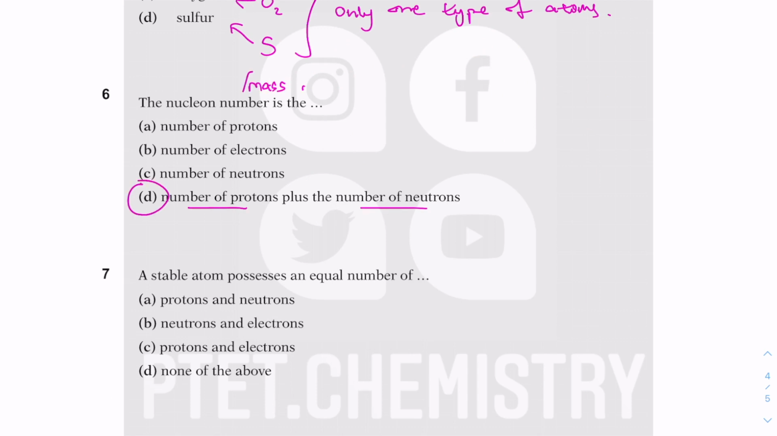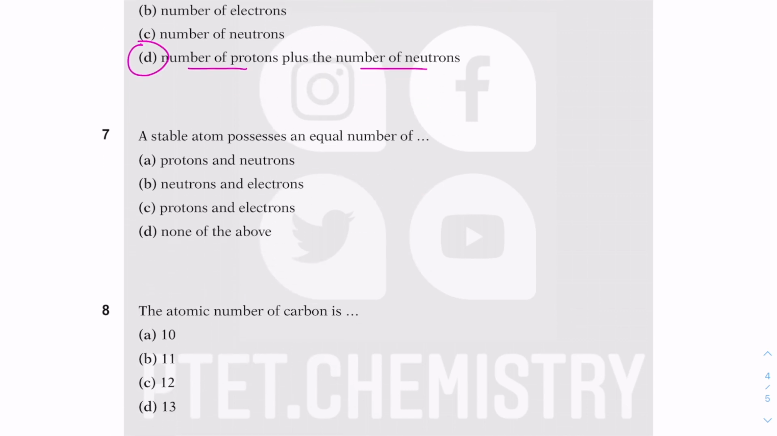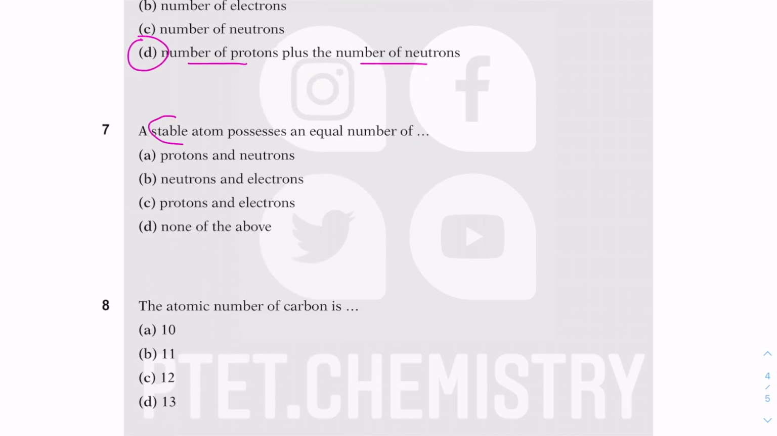It's also known as the mass number. So you add up the number of protons and number of neutrons. A stable atom, meaning not radioactive. Radioactive element. Radioactive means unstable nucleus. If your nucleus gets too big because of too many protons and too many neutrons, you become unstable, and